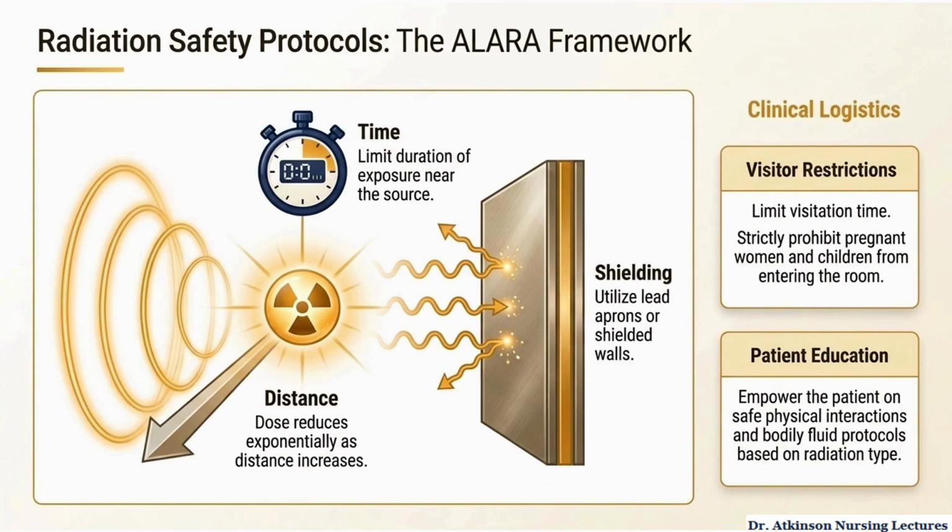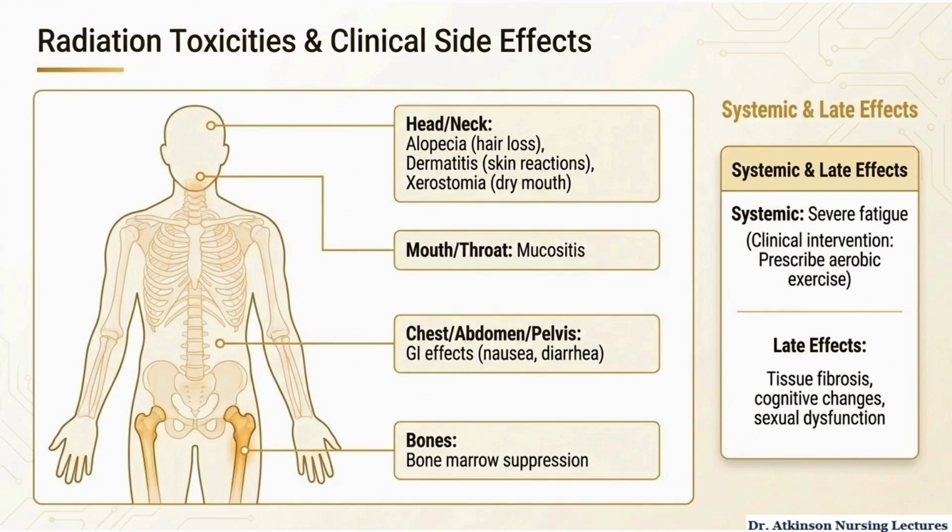Nursing education includes skincare precautions, site-specific dietary and fluid instructions, and radiation isolation measures for patients receiving systemic therapies such as I-131. Radiation toxicities vary by treatment site and may occur immediately or months to years later. Head and neck radiation can cause alopecia, dermatitis, mucositis, and xerostomia, while chest and abdominal radiation commonly produce nausea, diarrhea,